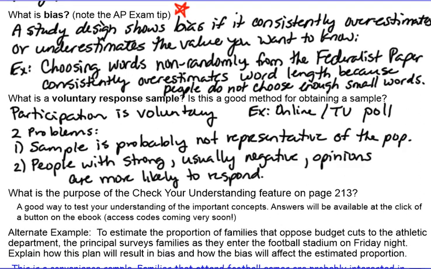Another bad way to sample is a voluntary response sample. That just means that participation in the sample is voluntary. An example of that would be an online or a TV poll where they say text in your answer. The two problems that cause bias in a voluntary response sample are, first of all, the sample is probably not representative of the population. If people were watching CNN and they were asked a political question, there would probably be a bias in favor of a certain political party,